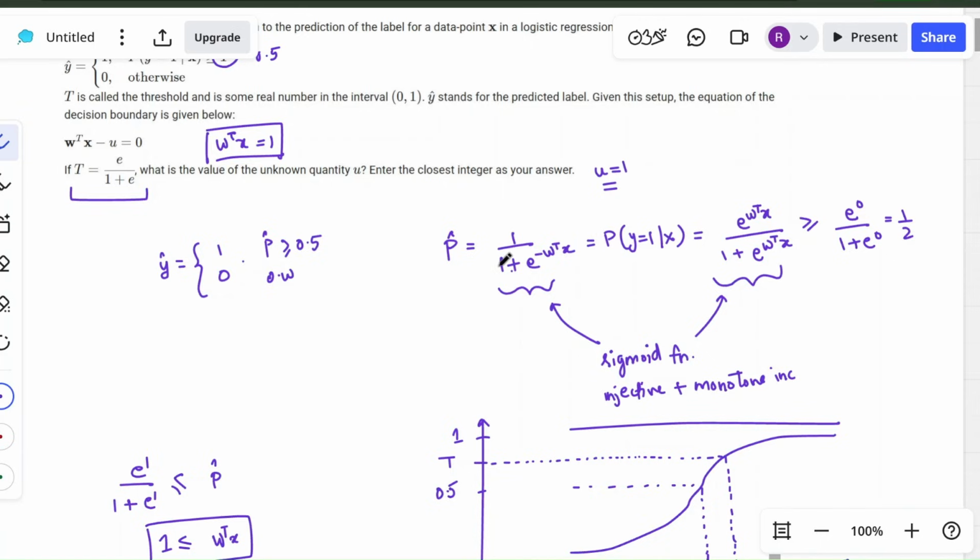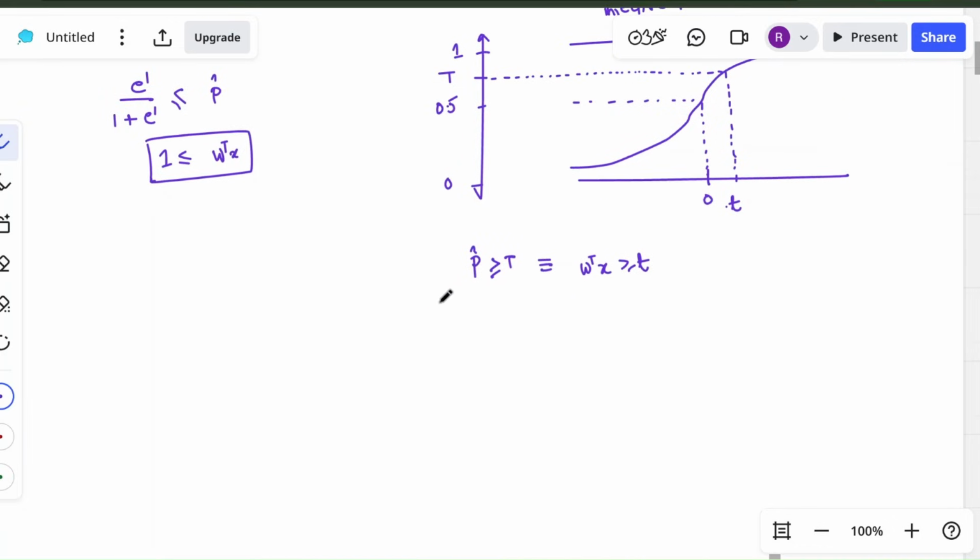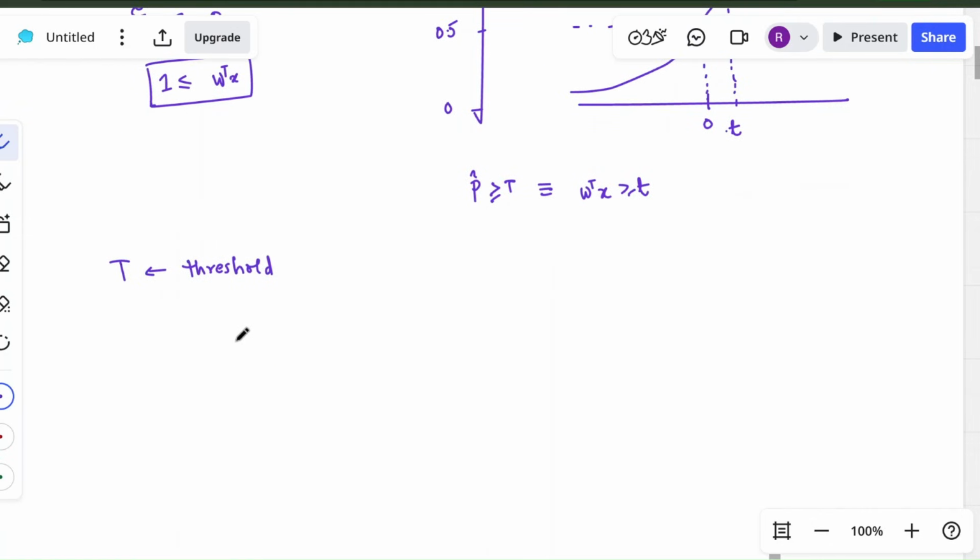Okay, but typically when you do a classification problem, this threshold is of very high importance. So this capital T threshold has a lot of influence on the two important metrics, precision and recall. If you recall, what is precision and recall? Precision is true positive upon true positive plus false positive, and recall is true positive upon true positive plus false negative,